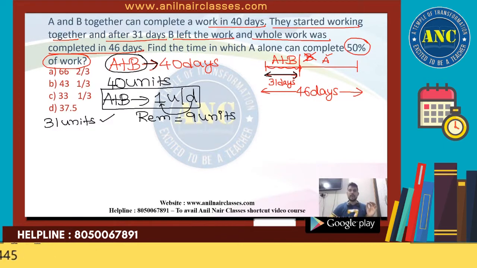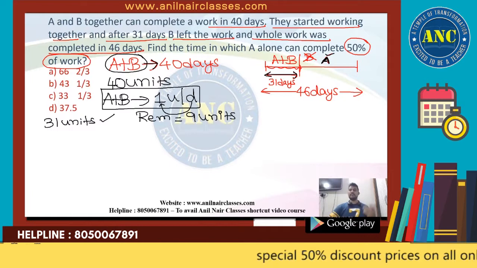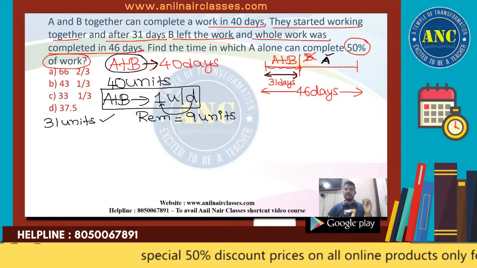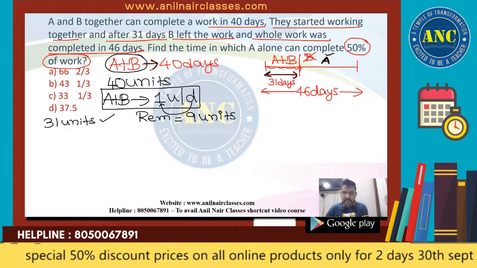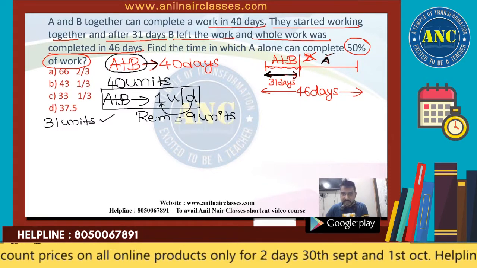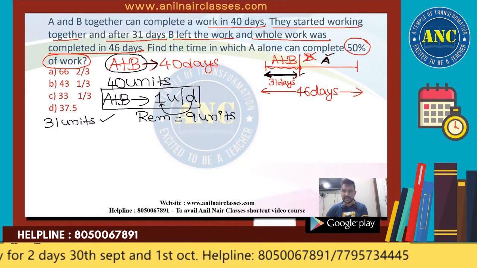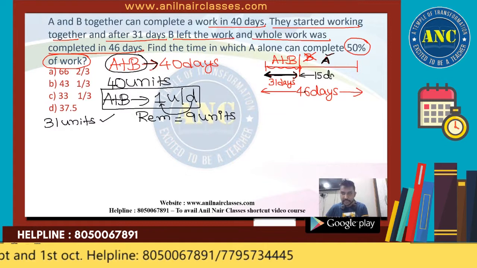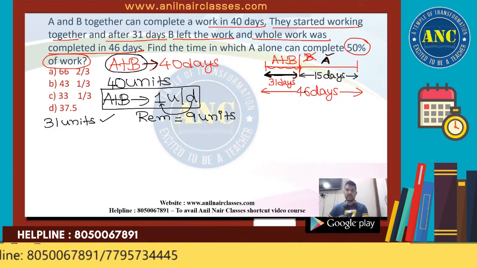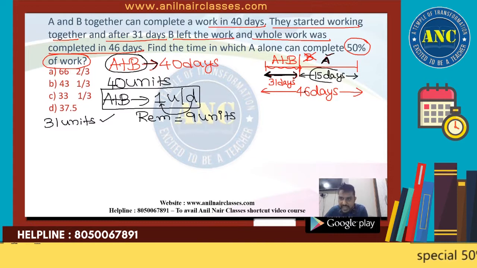And this 9 chocolates is to be distributed by which person? Only A has to distribute these 9 chocolates right now, because B is no more interested in working. And can I say that A and B are working together for 31 days as per the question, and the total work was completed in 46 days. That means the last 15 days, only A has worked alone. Only A has worked alone in the last 15 days, and in these last 15 days, A has distributed the remaining